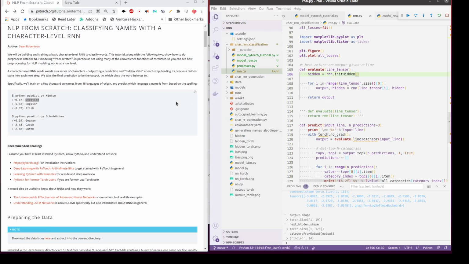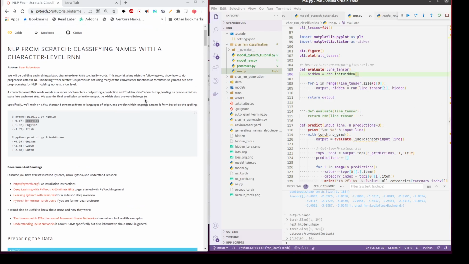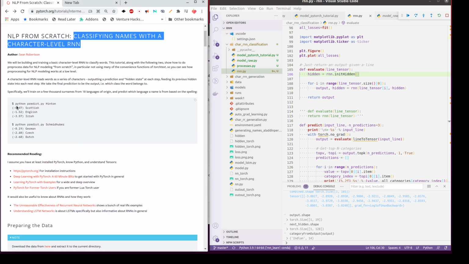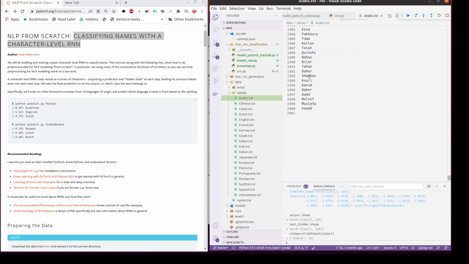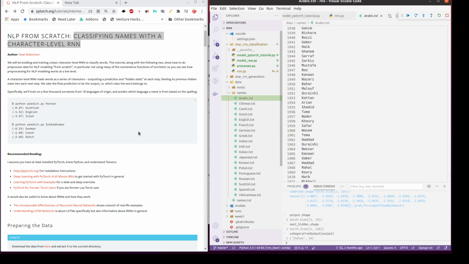Hello. So in this, we'll try to go through a character level RNN, and this is a PyTorch tutorial. What they are doing is using it for classifying names. What it means is that there is a list of... So here I have downloaded the data. If you go to the data names, there is a list of nationalities or the language and the name with that language, and they will train a character level RNN and try